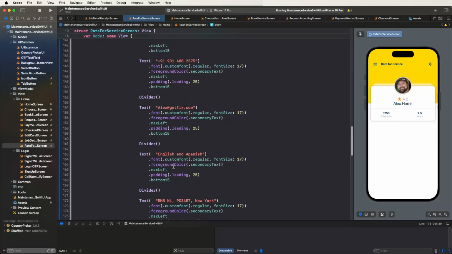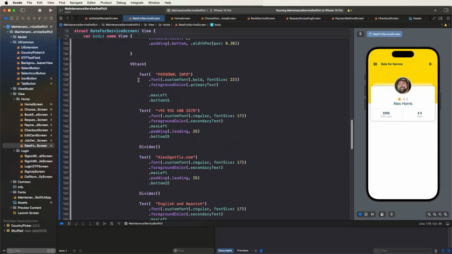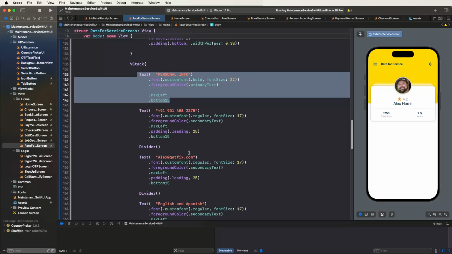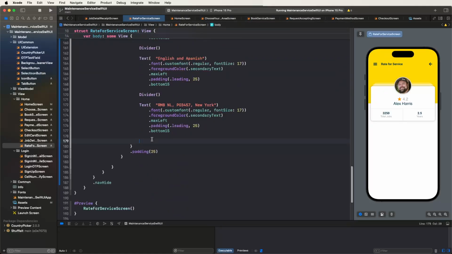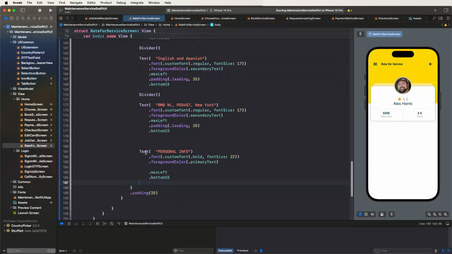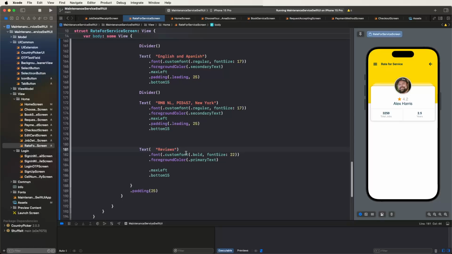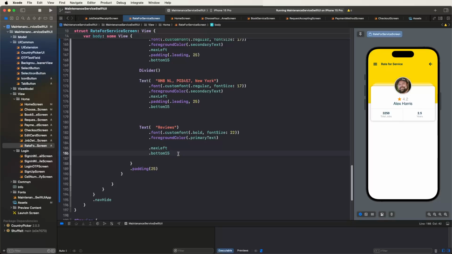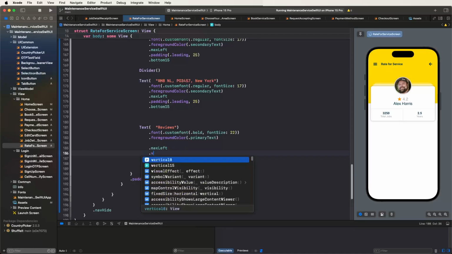Now we need to develop the rates, copy here, and we need to paste this here. Also we need to set the title as reviews, like this. Show here, this is the bold font we need to configure. Now need to set the bottom padding, need to increase here, also the vertical 15, like this sets here,